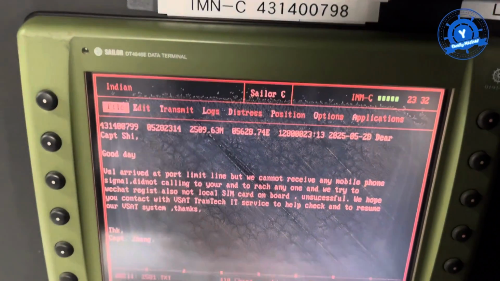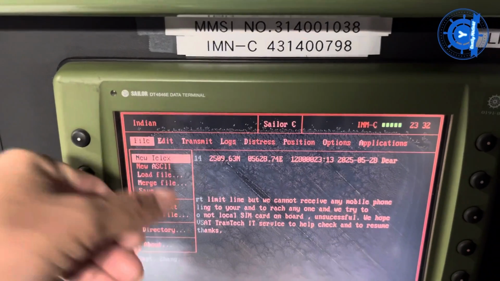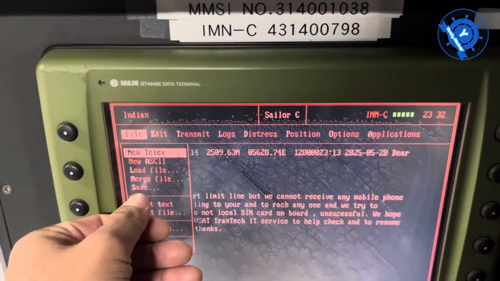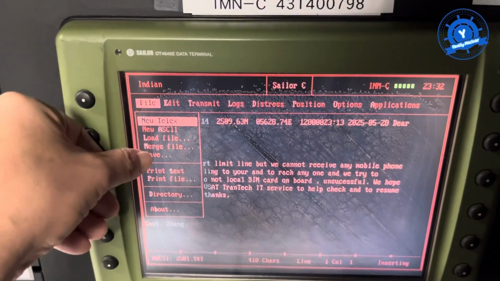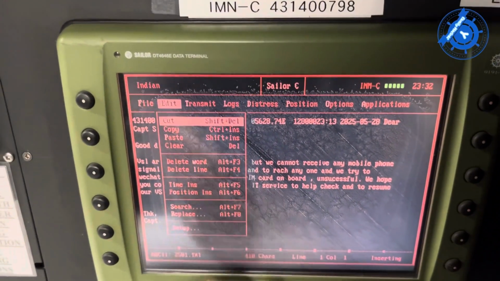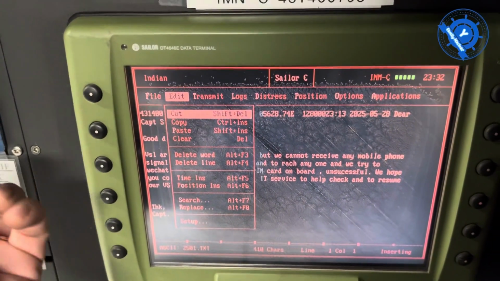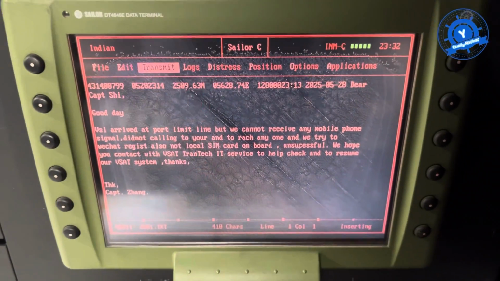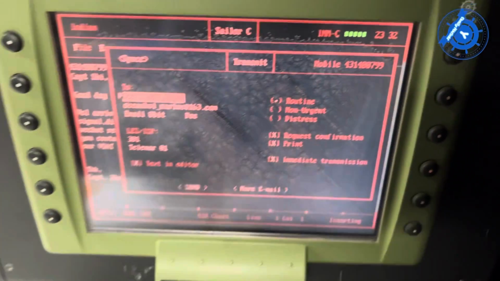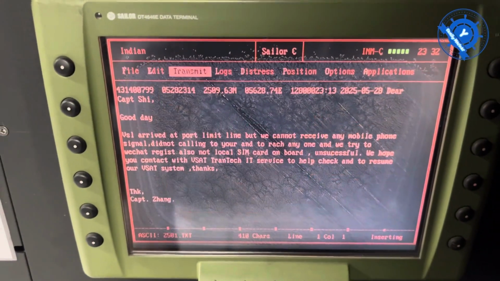Fine. In the file menu you can try any new message, new tailored, and also load message, and also any old message you can try. In the edit menu, your message can be deleted, copied, pasted, and also position insert, time insert. Anyway, you can try edit. Transfer means any message you already prepared can also be sent. This is for transmit.